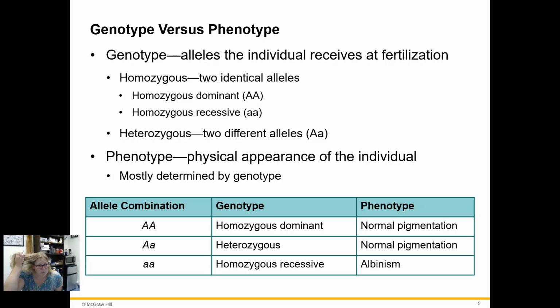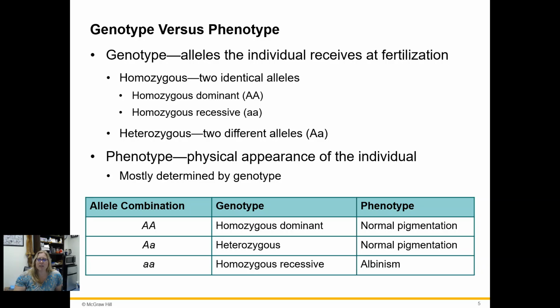If I dyed my hair purple, that would be my physical expression of my hair. That is not my genotype being expressed, okay? I still have blonde hair, but it might not look the same. So your phenotype is the physical expression of the genotype. So if you are an individual who has the dominant allele, and it does not matter if you have 2 dominant alleles or 1 dominant allele, so if you're homozygous dominant or heterozygous, you are going to have the dominant